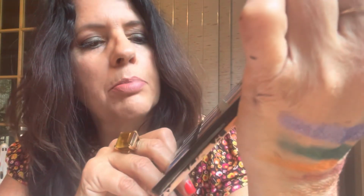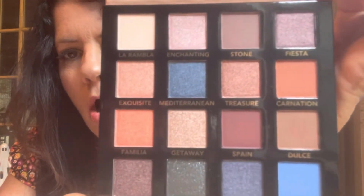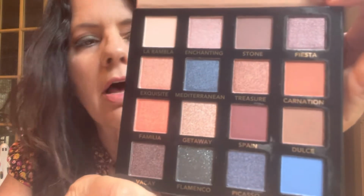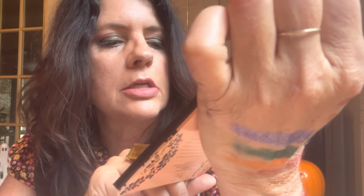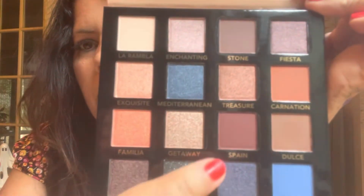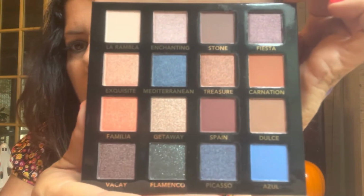Now this has got the blues in it, the browns, the coppers, the peach. I just love this palette for fall. It's so pretty. This is one of my pristine ones. I just took the foil off of it, the dark berries. I love the formula. I can wear a BH palette and it'll last all day. I'm pretty sure Makeup Revolution has ruined it, from all the reviews I've watched. I knew they would. But what I want to tell you is if you go to the bhcosmetics.com website,